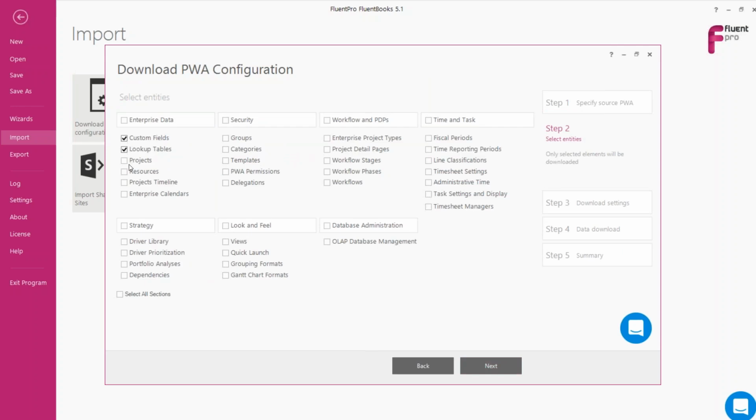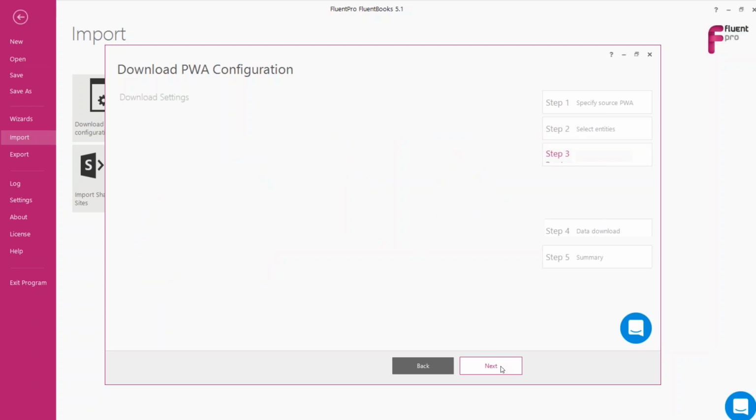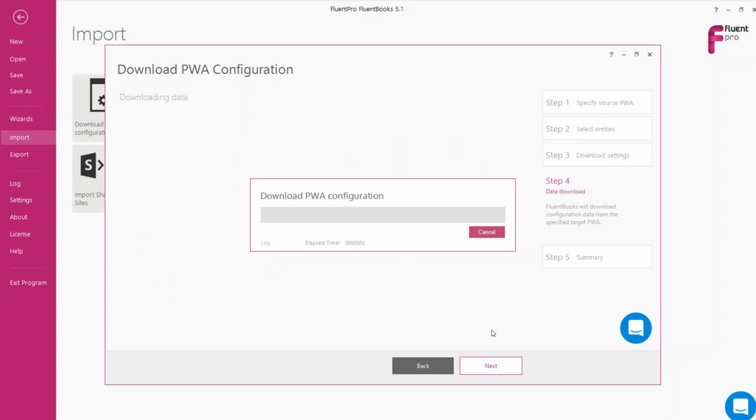And as we select the elements we would like to download and later upload to the target PWA, we can just go next. And as we have this information in the workspace, we will be able to upload it to our